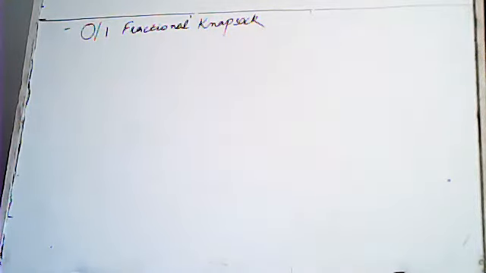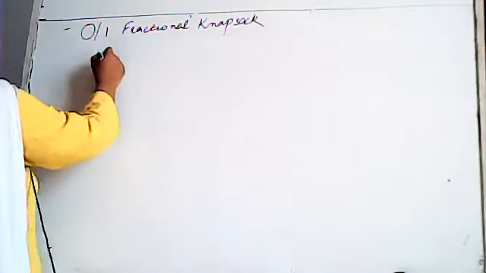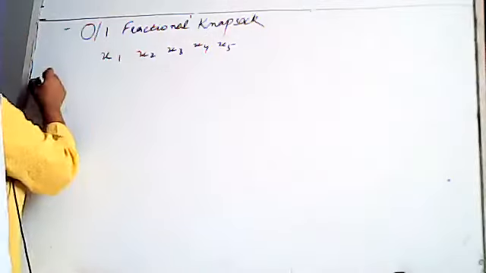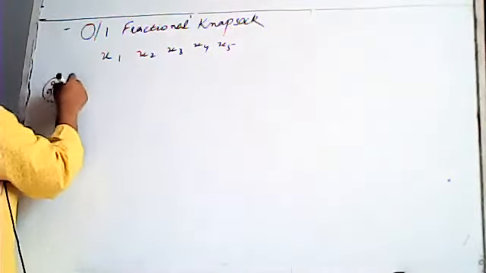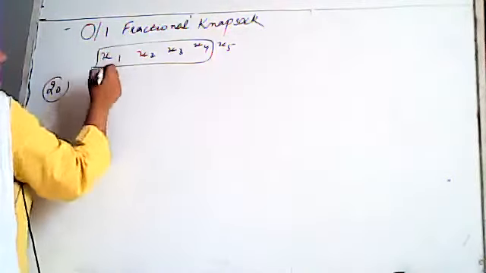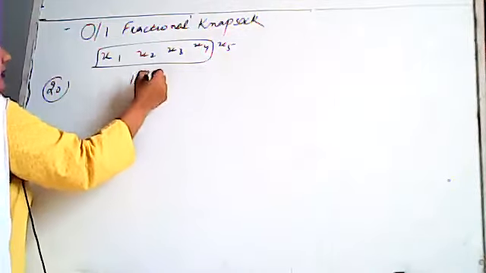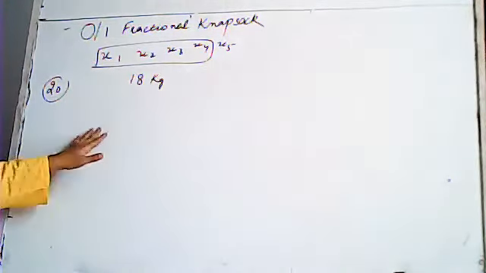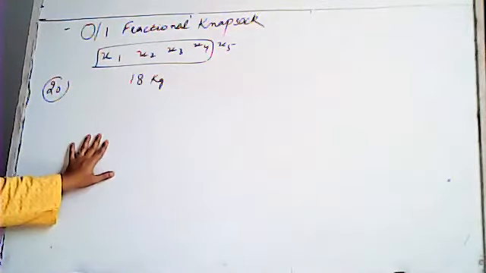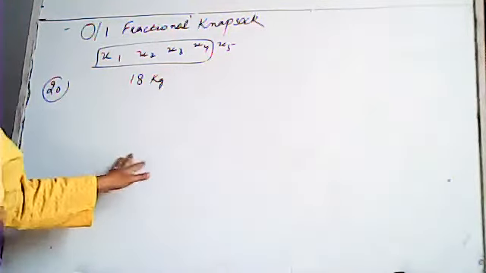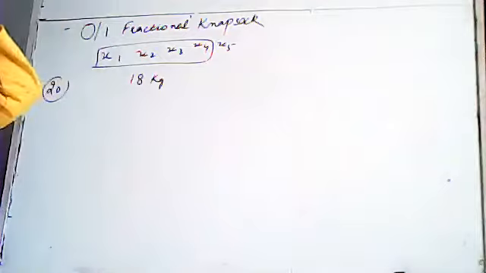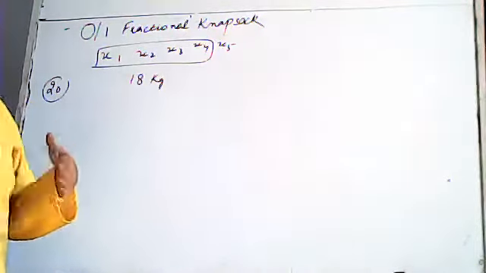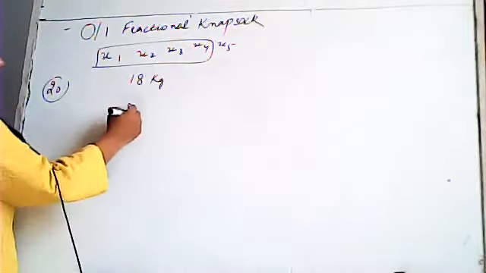Suppose we have these 5 objects, x1, x2, x3, x4, and x5. Say the weight given to us is 20. After taking these 4 objects, I have picked 18 kg of weight. Now I am left with 2 kg. Earlier the concept was that I have to take the thing or leave the thing. If I leave the thing, the value will become 0. If I pick the thing, it becomes 1. Now what about the left 2 kg?